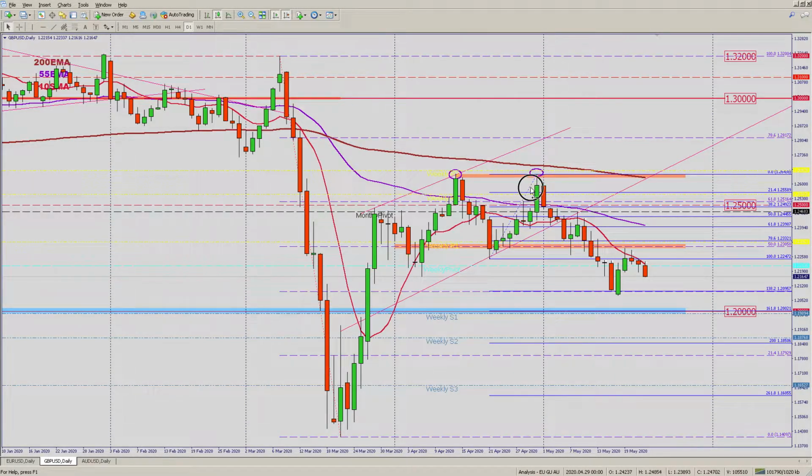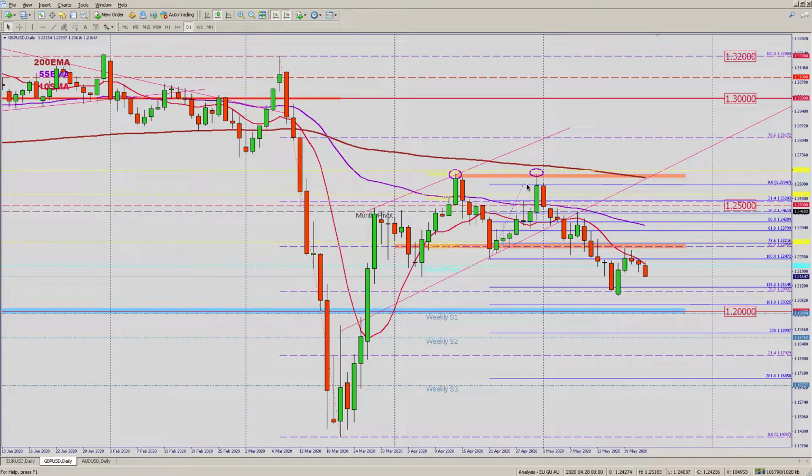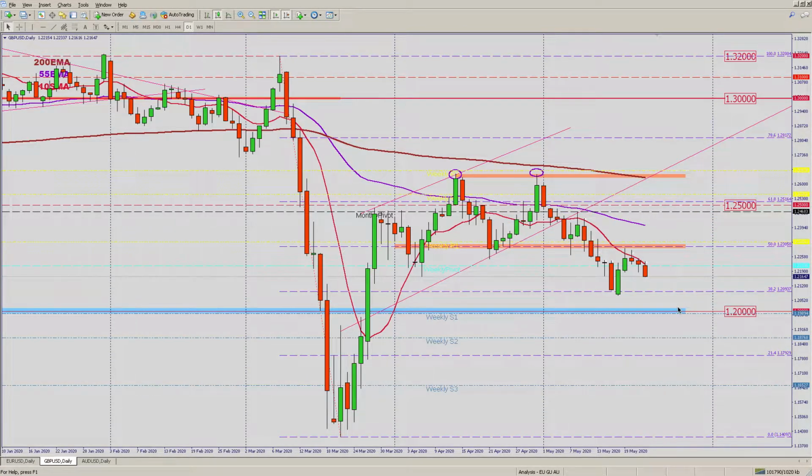I think we can remove this fib on the short term, and then pull back again, back down below the weekly pivot, and it could fall further to retest the 38